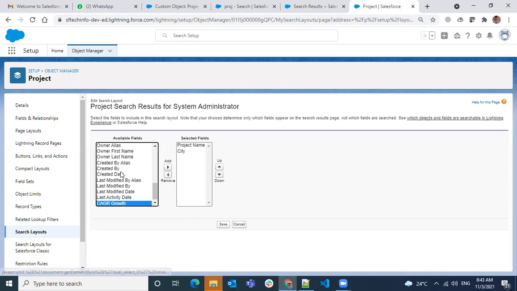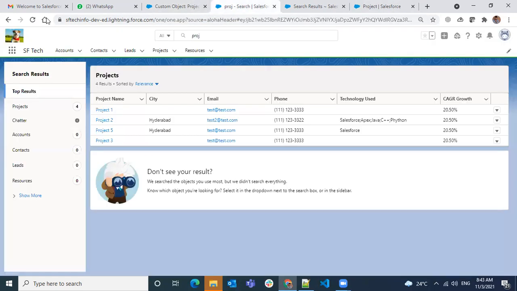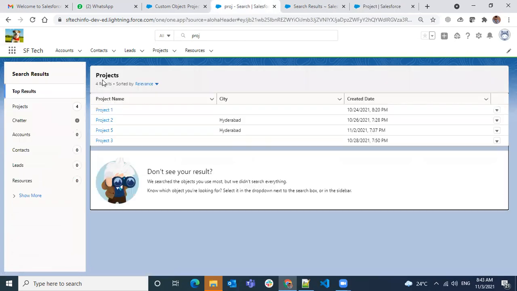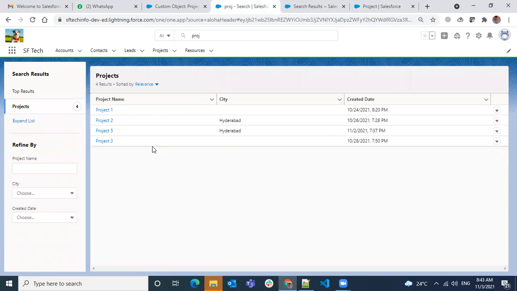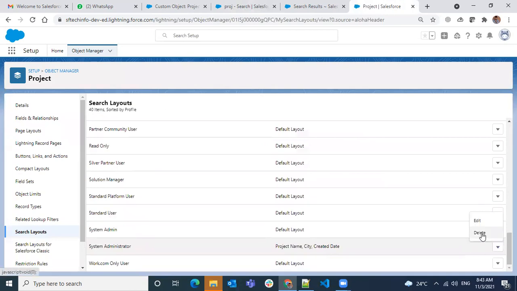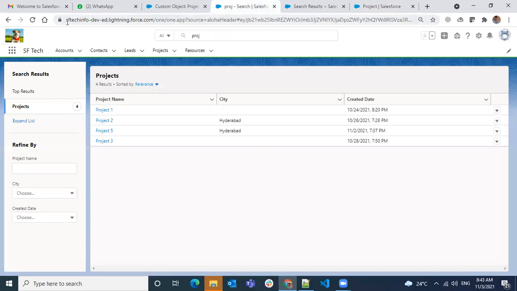Let's remove CAGR growth and just add created date. Do a save. Let's have a change. When I'm doing a delete, I don't see why it is not working. Let's have a look again.